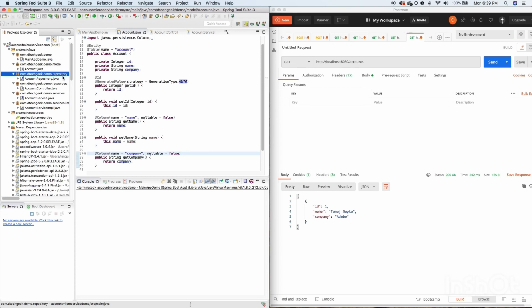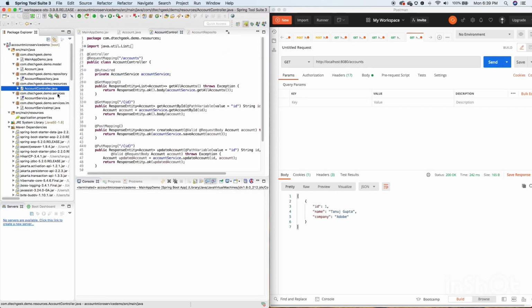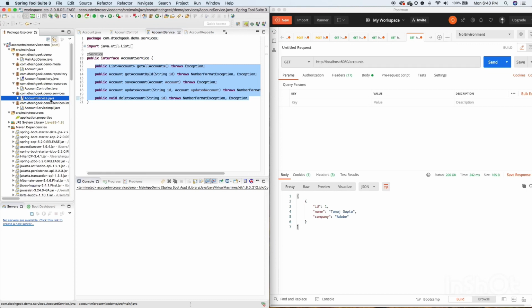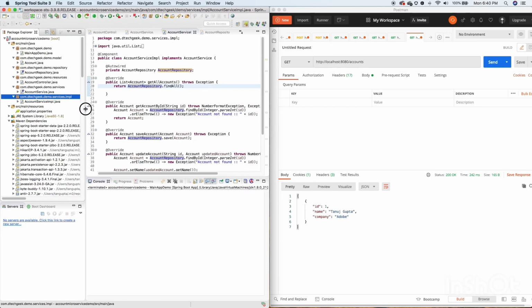In the repository package, you will find all the repository files which interact with the database. Then I have created the resources package, in which you will find all the controllers. In the services package, you will find all the service files, and then all the service implementations in the services.impl package.